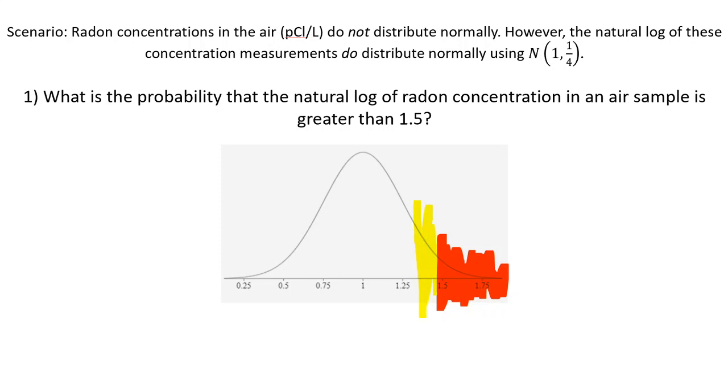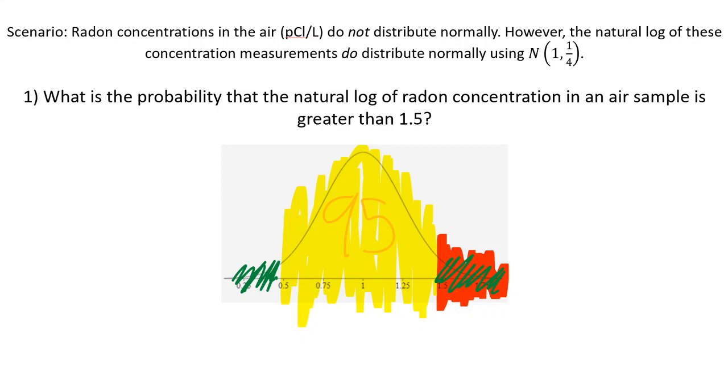The SD rule states that this middle section in between 2 standard deviations is about 95% of our data. 95% of the information is between 2 standard deviations of the mean. We know that always. And we can use that to help us find our red section, to find the answer to our question. If the middle yellow is 95% and the entire thing is 100%, what's this outside green area? This outside green area must be 5%